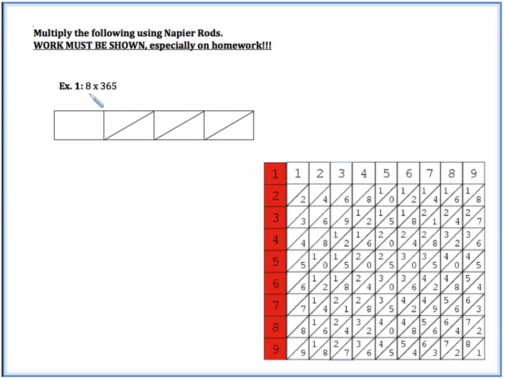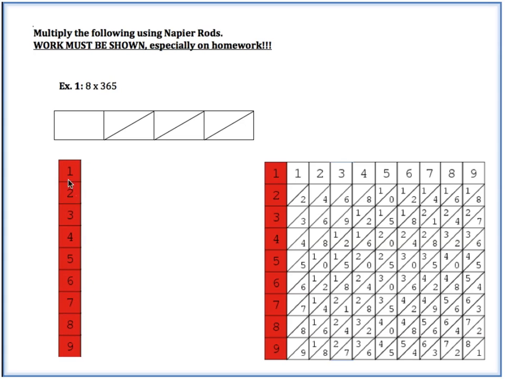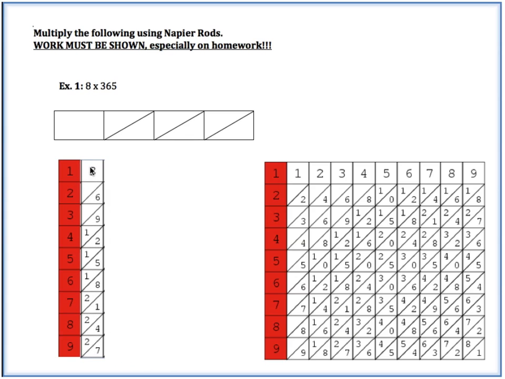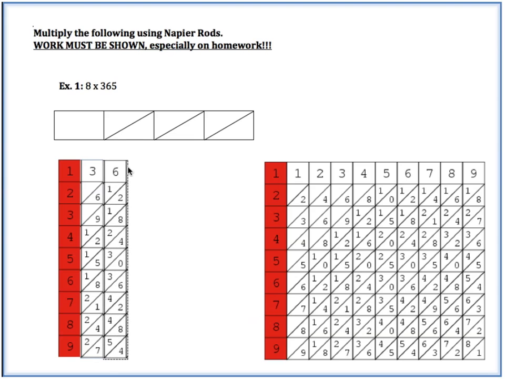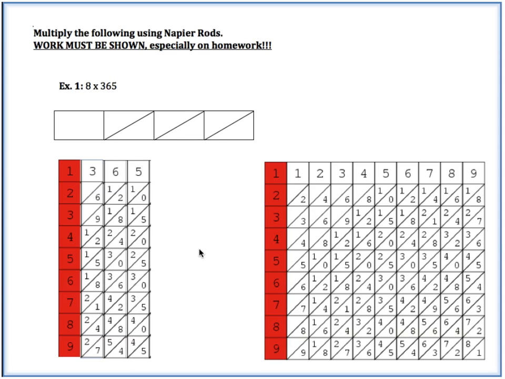So looking at here, we have 8 times 365. What I do is take my index, and I could just use that rod right there. Then I want to take my number 365 by taking each of these rods. So we'll take a 3 here, and I'll take a 6 here, and I'll take a 5 here. Okay. Now my number can be found by just looking at my index of 8